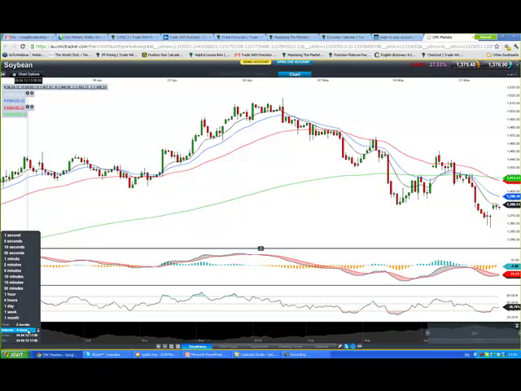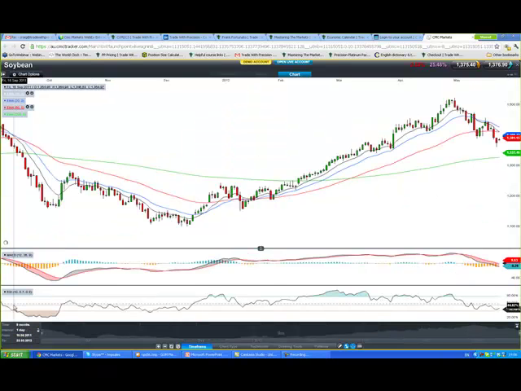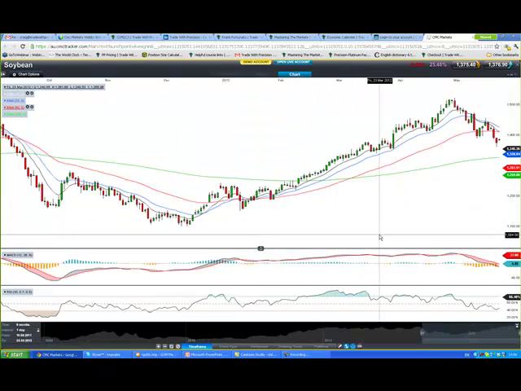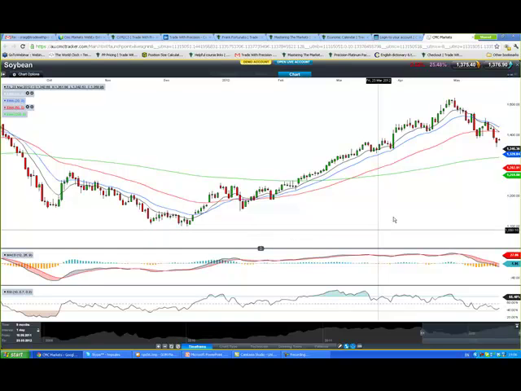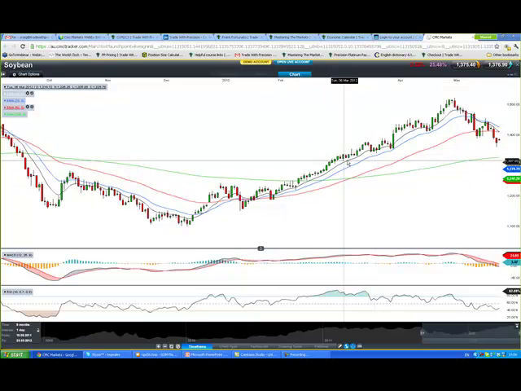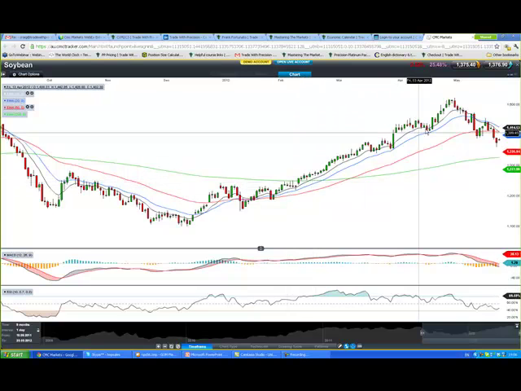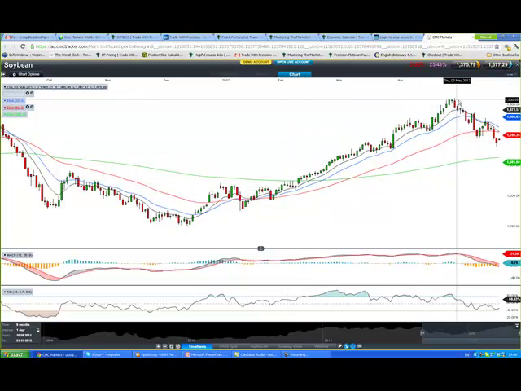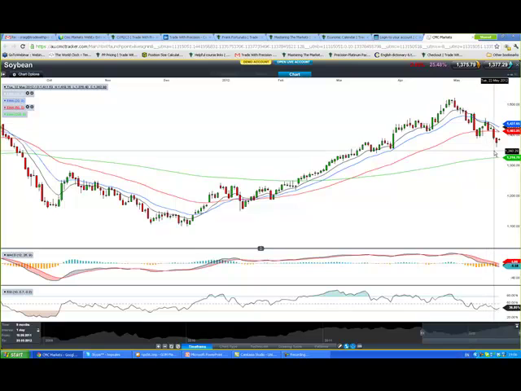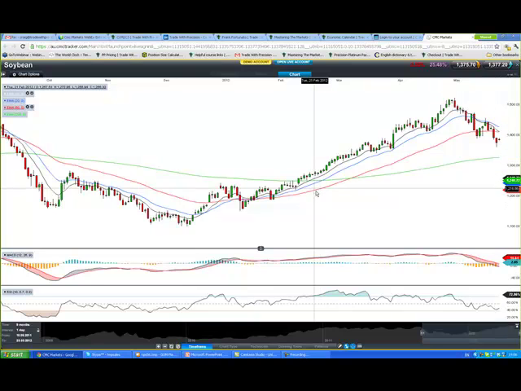What I'd like to do now is have a look at the bigger picture and just scoot out to the daily and see how we're looking here. Now remember, I'm focusing everything on trend. So you can see we were in a really nice uptrend. That's defined by higher highs and higher lows. That's all. That's a simple definition of an uptrend. And geez, it was a beautiful one. Beautiful, beautiful uptrend. Now we've got lower lows and lower highs. So we've got a downtrend here on the daily. Okay, so daily is in a downtrend.